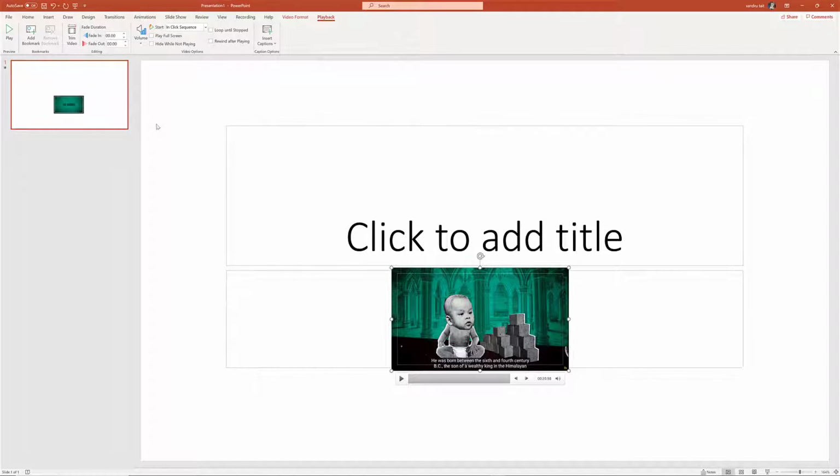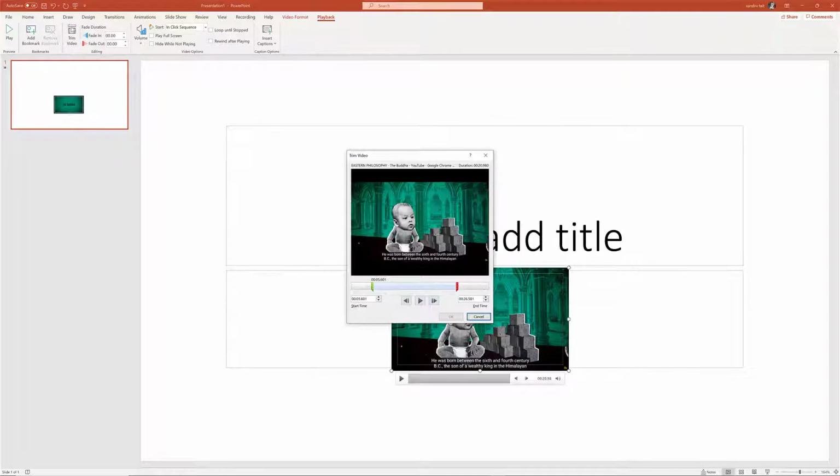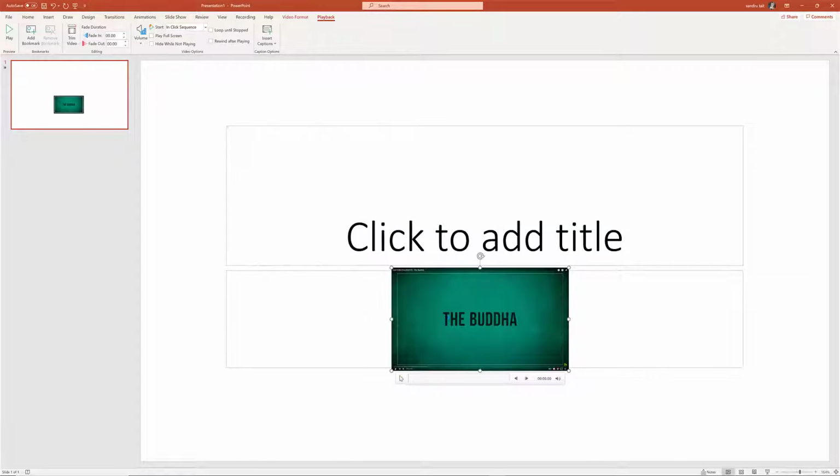And then I've trimmed it. So always remember, come to the top here, select trim, and let's trim it a bit more. Let's just say, come out, because there was a gap at the beginning, wasn't there? I want to start about 12 seconds. Click OK. If I now select play,